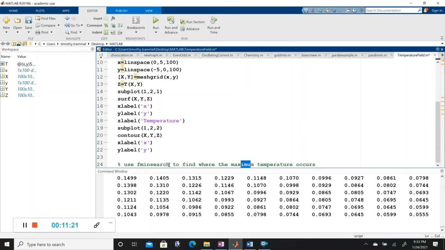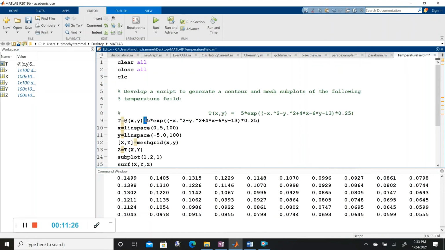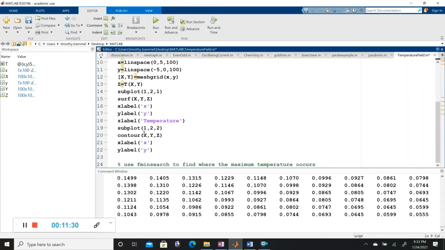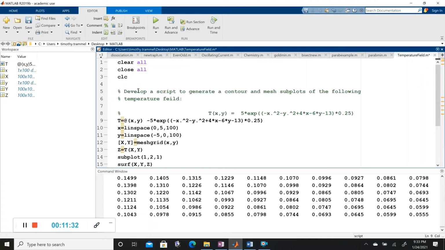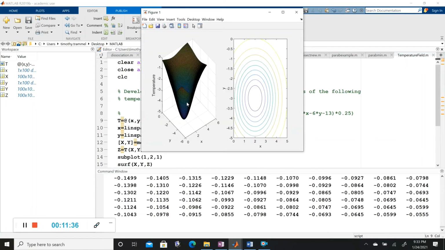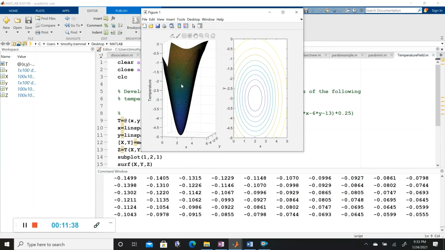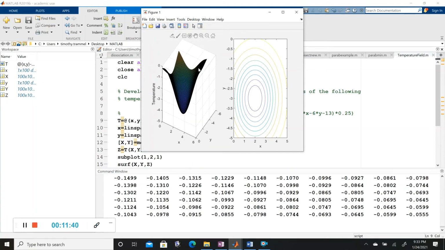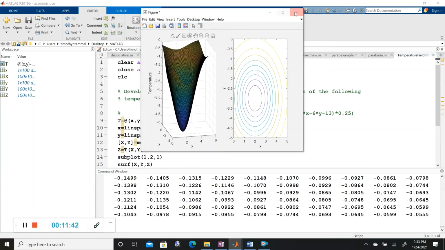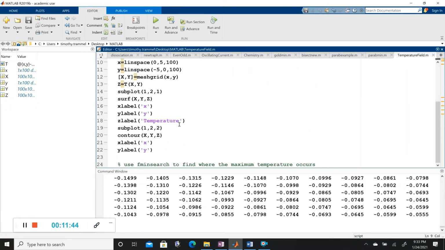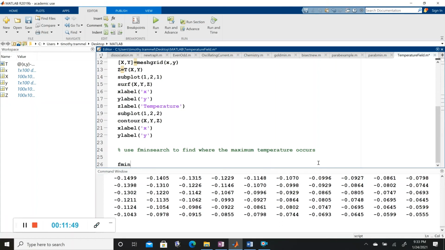is why don't we go ahead and multiply by a negative here so that instead we are finding a minimum, right? Let's go ahead and run it so we can see that. All right, so you can now see the maximum that we were trying to find is just a minimum, just by multiplying by -1. All right, so we have fmin search,